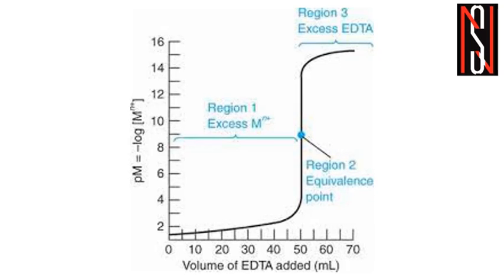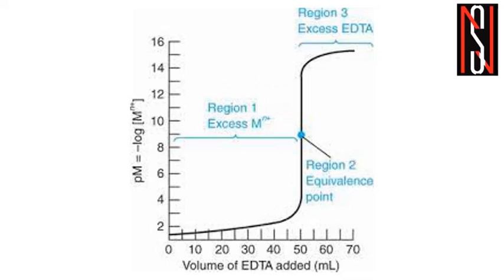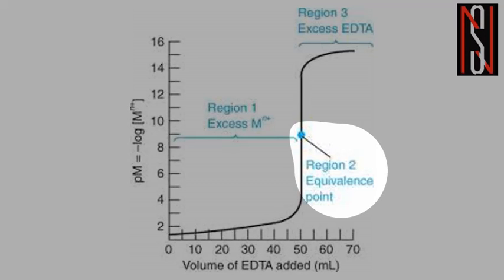Here I will try to explain the pattern of this titration curve. See region 1. In this region there is excess of metal ions left in the solution after the EDTA has been consumed, and the concentration of the free metal ion is equal to the concentration of excess, or unreacted, metal ions. Now look at region 2. This is exactly the equivalence point, and there is exactly as much EDTA as metal ion in the solution. This is the central point of the steepest portion.